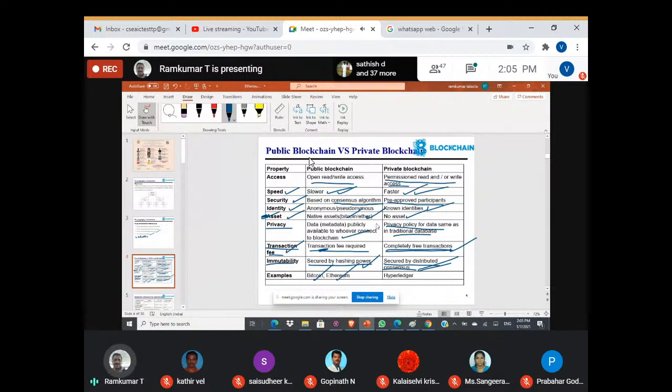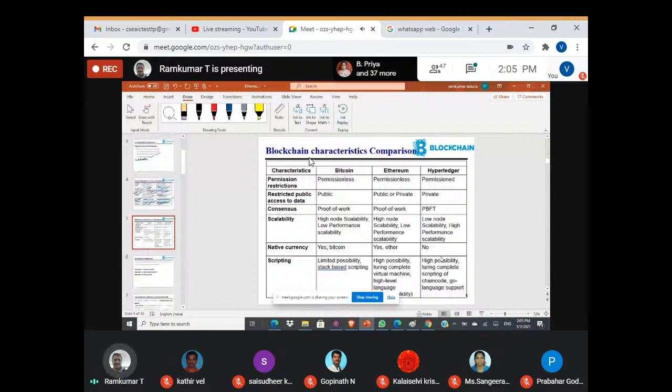There are so many public blockchains available in the market. Whether they allow us to write some program or not, that's a different story. And for the private blockchain, there is a good concept called Hyperledger, right? Now, as I mentioned, Bitcoin, Ethereum, and Hyperledger. Every time I'm using these three terms,